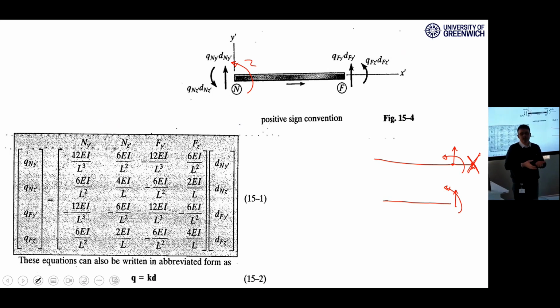So each beam element has 4 degrees of freedom and can have 4 internal forces at both ends: 2 shear, 2 bending moments, right? So how many elements you have in your structure, just multiply it by 4, you will get your degrees of